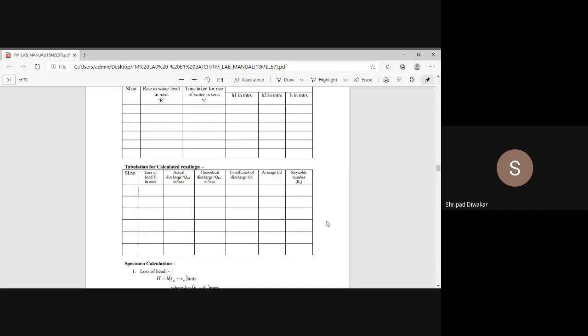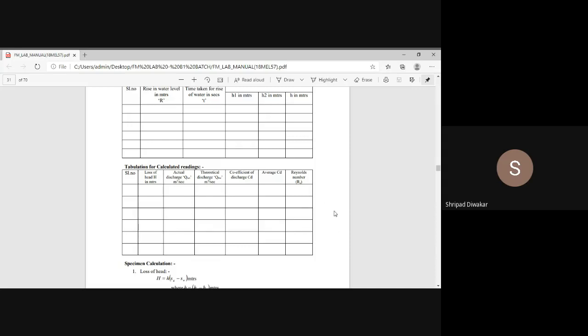For example, our municipality water flow. We have big pipes, so whatever water flows in the municipality pipes has very high velocity. In case of laminar flow, we have low velocity. In case of turbulent flow, we have high velocity. In laminar flow the fluid particles move in a well-defined path, whereas in turbulent flow the fluid particles flow in a zigzag or random way.